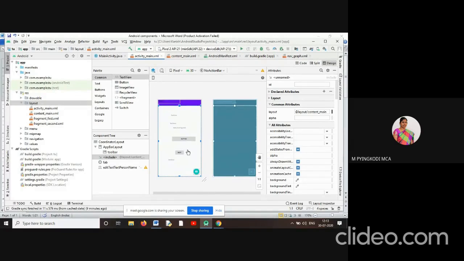So each acts independently. Camera is one separate activity, WhatsApp is another activity, Gmail is another activity, and Telegram is another activity. There is no dependency between these four activities. Is it clear? Activities work in the format of a stack.